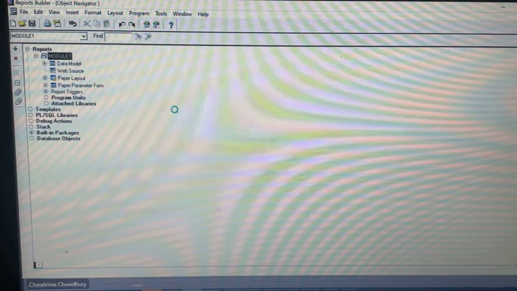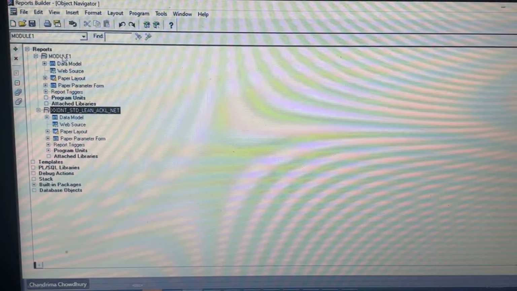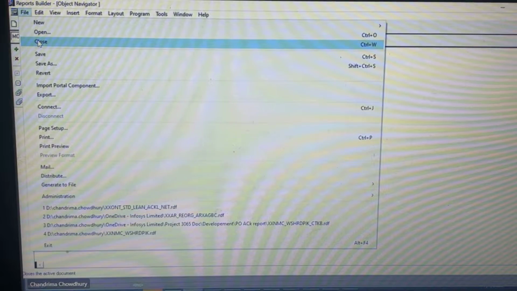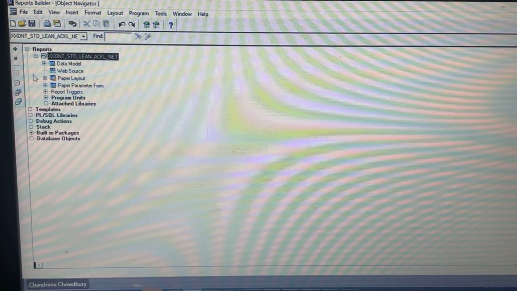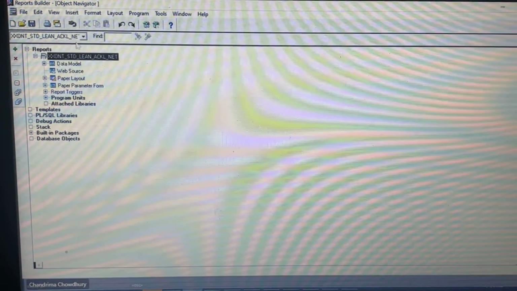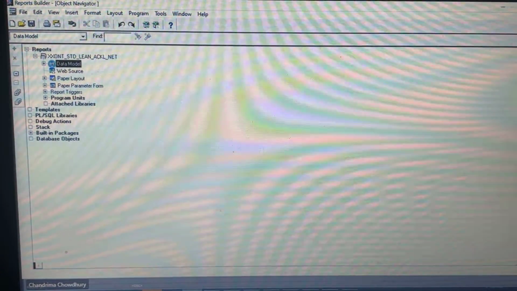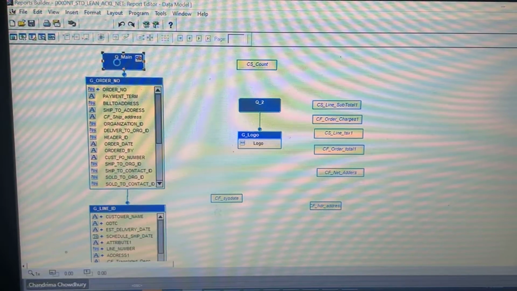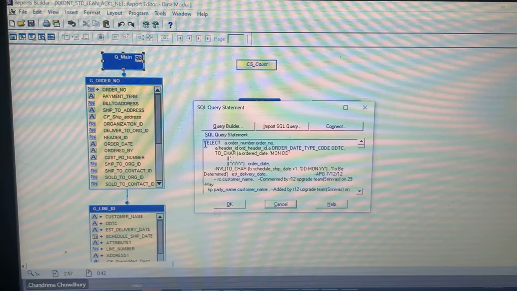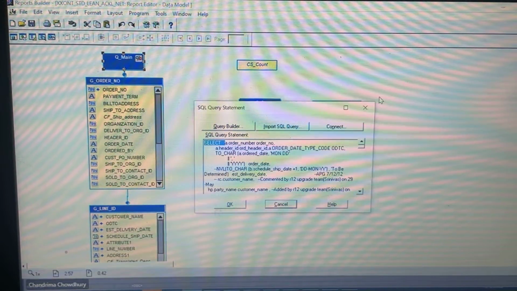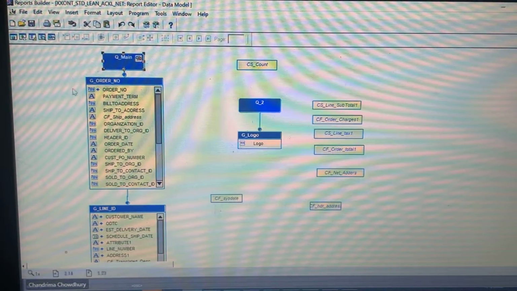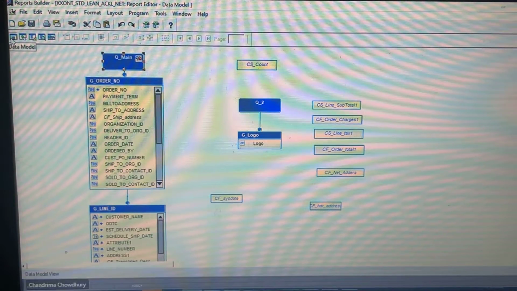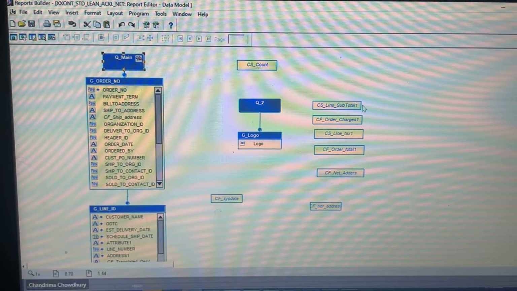Okay, let's open this one. So you design your report and this is becoming the data model. That means if you go here, you can see the queries. So what you do is, if you have to create a new data model, you click here and